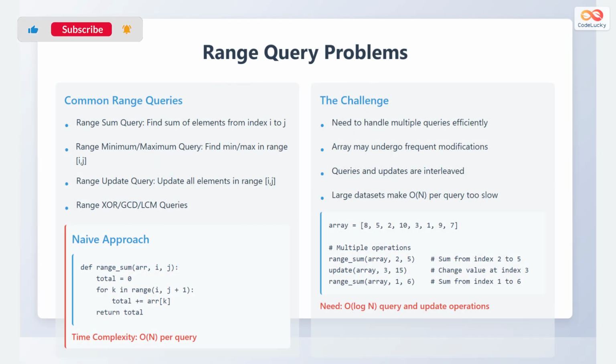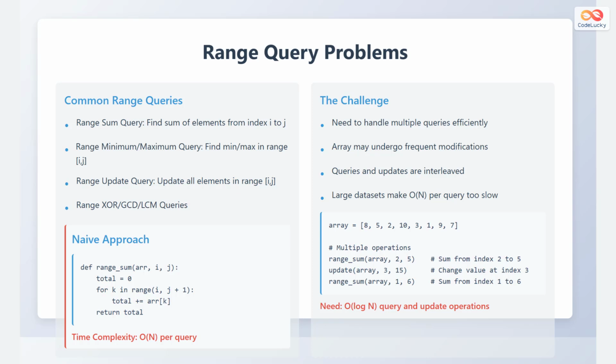Consider some common range query problems. The first one is the range sum query, where we need to find the sum of elements within a given range, say from index i to index j in an array. Next, we have range minimum or maximum query, which involves finding the minimum or maximum value within a specified range